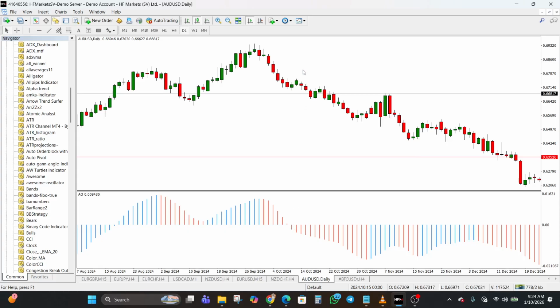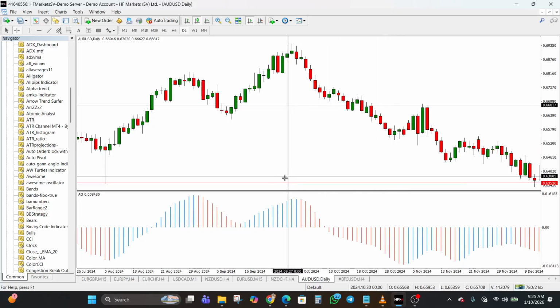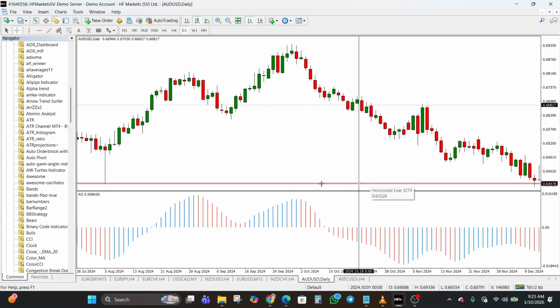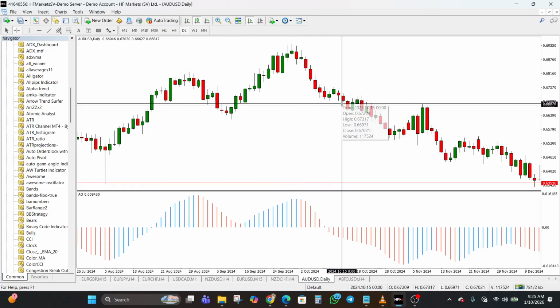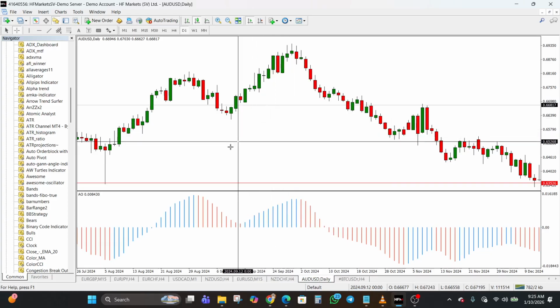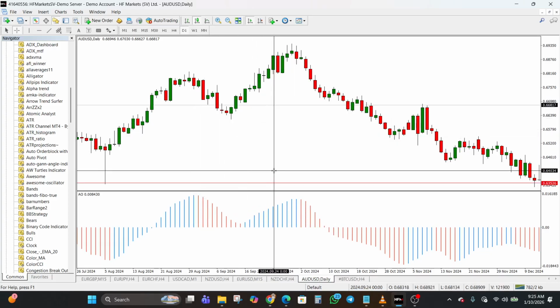Perhaps we had sold around here after we had this doji, right? We have a pullback. Remember that is a bearish trend already, right? We had a pullback and then we had this candle and we had this continuation, and then we just sell here. And then if you want a tight stop loss, place it above the nearest swing high, and then you can actually target the next swing low. You can see, since we are entering around here, ideally this is a good level to set take profit for our